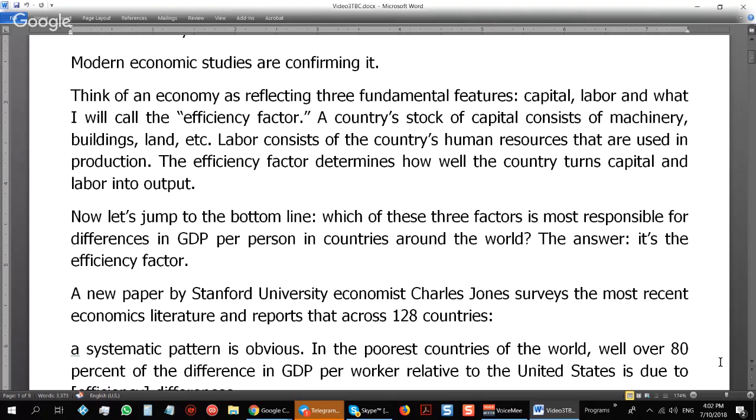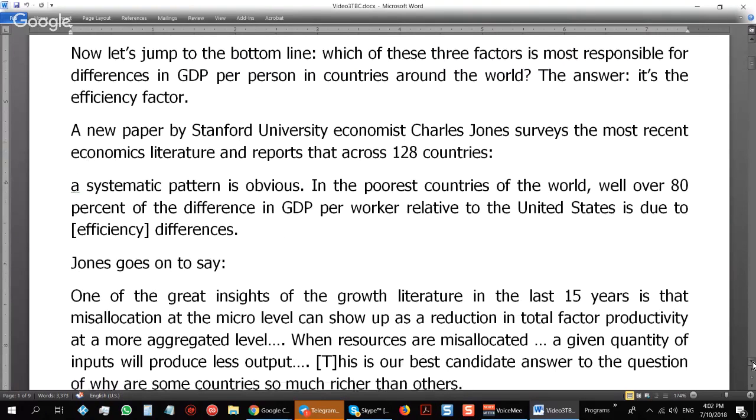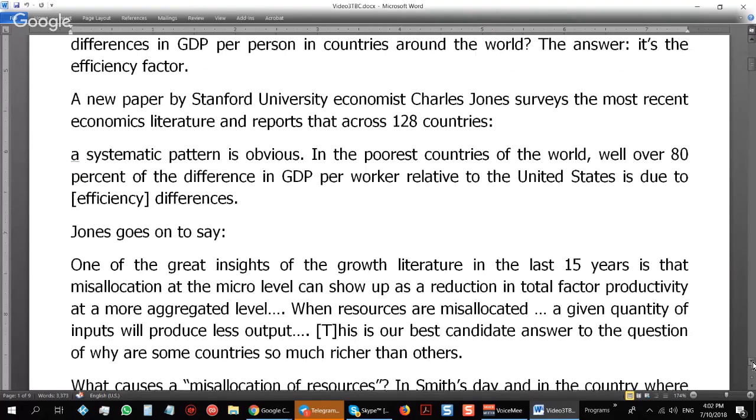A new paper by Stanford University economist Charles Jones surveys the most recent economics literature and reports that across 128 countries, a systematic pattern is obvious. In the poorest countries of the world, well over 80% of the difference in the GDP per worker relative to the United States is due to the efficiency differences. Jones goes on to say,